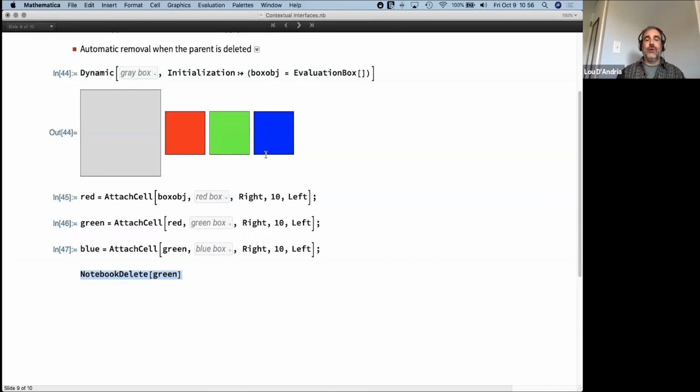What happens if we get rid of the green attached cell? Well, the green one itself will disappear, but also any cells attached to it, or attached to cells attached to it, will also be deleted. So if we delete the green guy, then green and blue both go away. If we were to delete red,